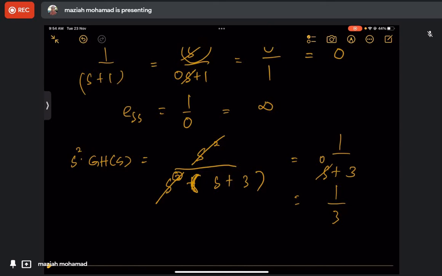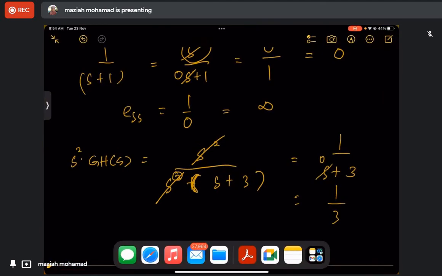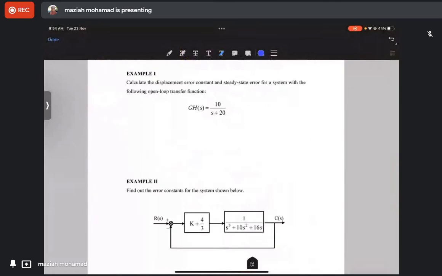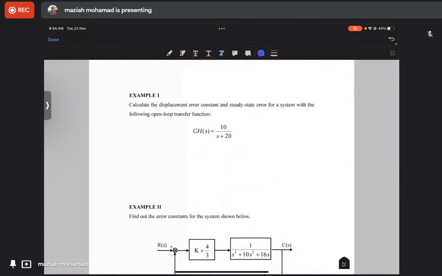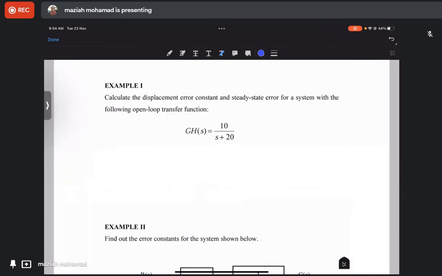Just do this process step by step. I think you can extract the information and the understanding from there. All right, so let's calculate the error constant and steady state error for a system with open loop transfer function. Basically, we have already done this. Okay, so we know that